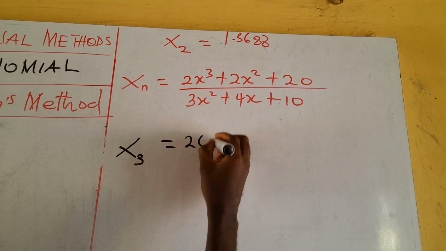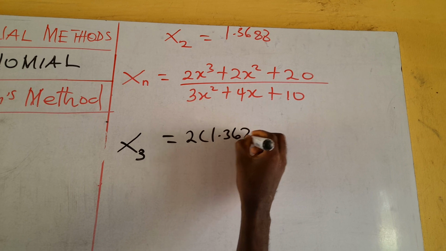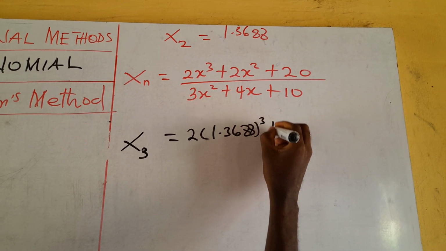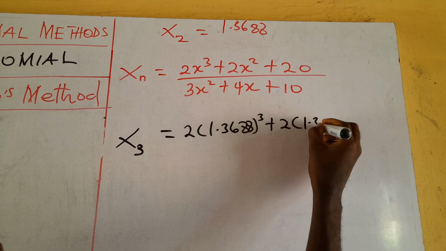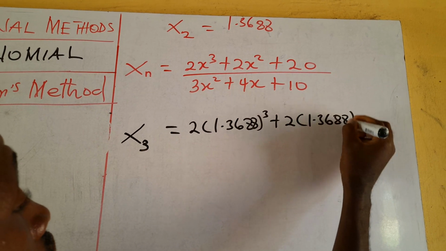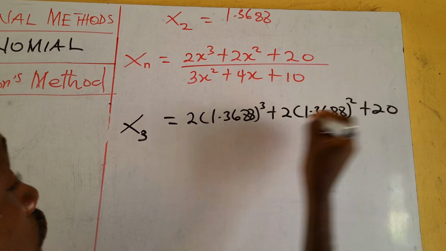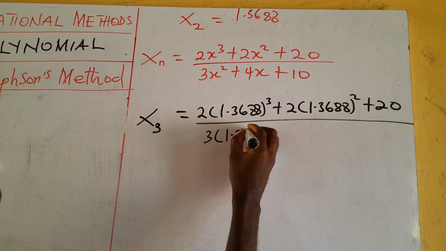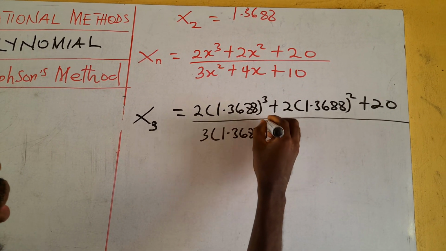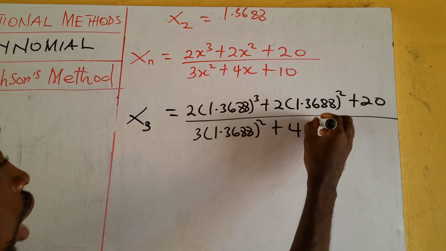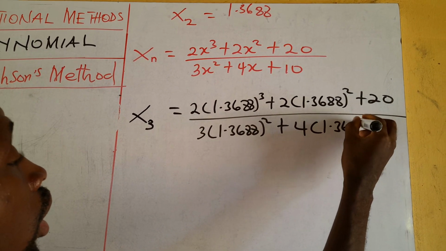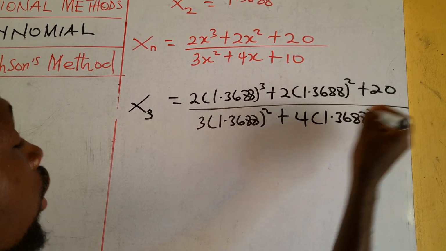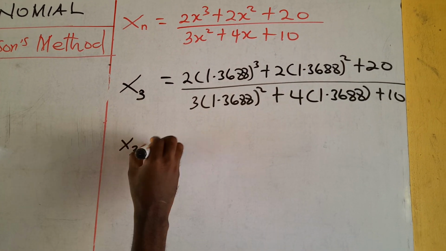So we'll get 2 bracket 1.3688 cubed plus 2 bracket 1.3688 squared, then plus 20 all over 3 bracket 1.3688 squared plus 4 times 1.3688, then plus 10. When we simplify this,